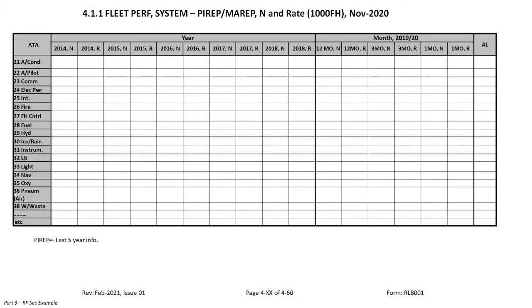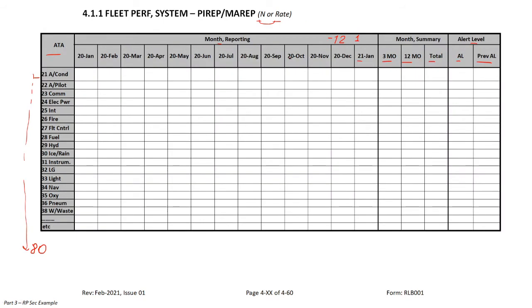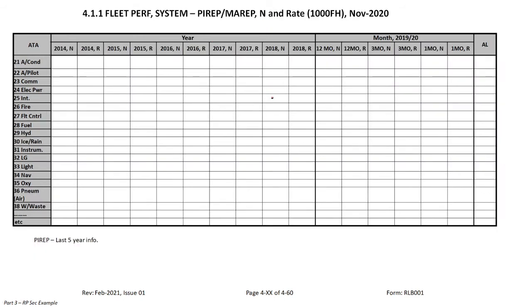Next slide. The first slide was more aircraft utilization, flight hour, flight cycle oriented. This is calendar time period. So for the last 5 years, you can see the last 5-year information. Again, we can include here whatever we want. As you can see, this is PIREPs and MAREPs, again, numbers and rates. Rates are per 1,000 flight hours. The reporting month is November